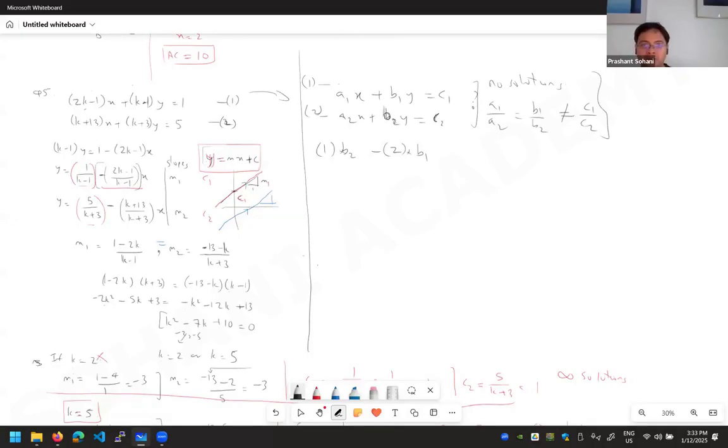So if I do that, the first equation multiplied by b2 will look like b2 a1 x plus b1 b2 y is equal to c1 b2. And the second equation, if I multiply with b1, b1 a2 x plus b1 b2 y is equal to c2 b1, right? And I'm going to subtract now. So when I subtract, y is going to get cancelled, and here I'm going to get x times b2 a1 minus b1 a2. And on the right side, I have